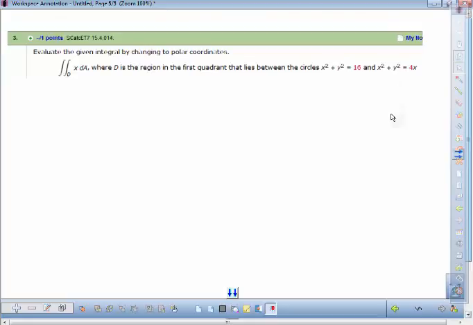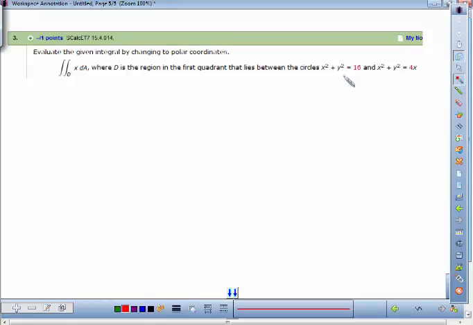So your integral is just a double integral of x dA over some region D, where D is a region in the first quadrant that lies between the two circles. So these two circles are going to be a little tricky. But you can imagine that this is a circle around the origin with radius 4, but the second circle is a little bit offset, and if you want to go through the process of completing the square,